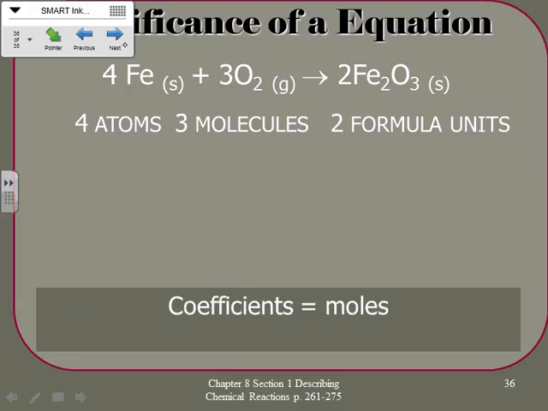Now the other thing that I can say here, these coefficients also equal a mole ratio. Okay? Now here's why. Do you remember what a mole is? It's been a long time. 6.02. Very good. Okay, 6.02 times 10 to the 23rd, right? So if I have 4 atoms of iron, then I have 4 times 6.02 times 10 to the 23rd,